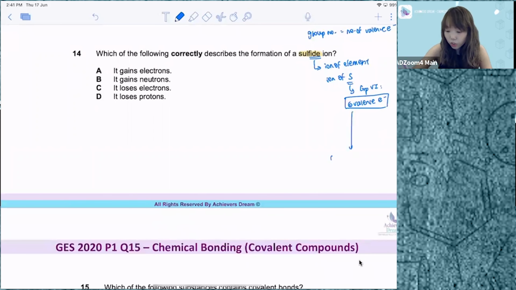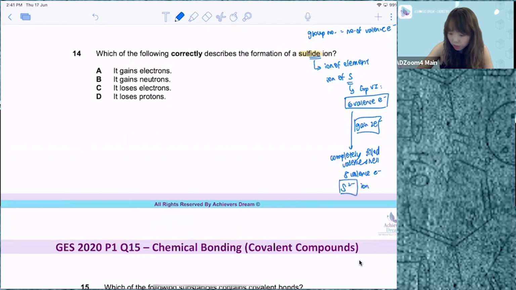So in order to achieve a completely filled valence shell, which is 8 valence electrons in this case, sulfur will need to gain 2 electrons to form S2- ion. So that's why the answer for question 14 would be option